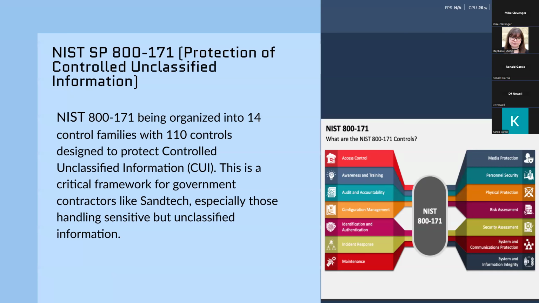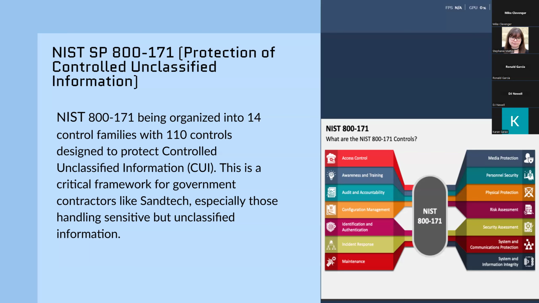The controls are the following: access control, which limits access to authorized users and devices; awareness and training ensures personnel understanding of cybersecurity risks and responsibilities; audit and accountability establishes audit logs and monitoring; configuration management, which manages system configurations and changes securely; identification and authentication verifies user and device identities before granting access; incident response detects, analyzes, and responds to security incidents; maintenance controls system maintenance and ensures security during updates; media protection safeguards digital and non-digital media containing CUI;